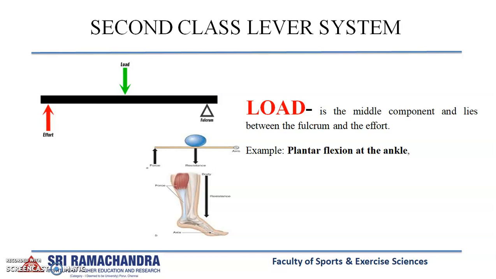So how do you relate plantar flexion to a second class lever system? When a muscle is acting on its proximal segment while the distal segment is fixed, which means that a moving segment is acting upon a fixed segment, when the lower extremity is fixed, the upper extremity is moving. So during plantar flexion, the ball of the foot and toes are acting as a fulcrum. Weight of the body is the load and effort is applied by the gastrocnemius muscle.